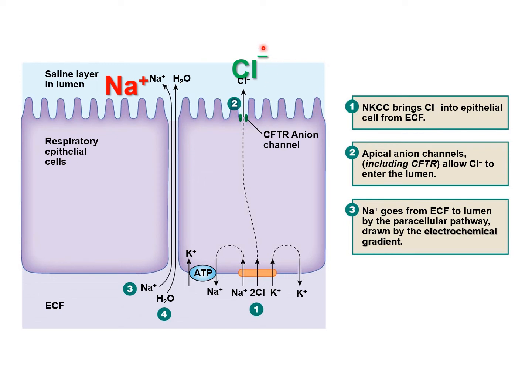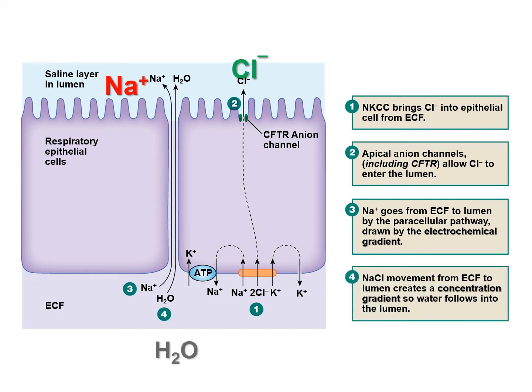And then lastly, this buildup of ions on the surface creates an osmotic gradient, and as these concentrations rise, the water will want to diffuse again outside of the cells paracellularly, and that's how we bring water to the surface, through this indirect mechanism. And if we can't move chloride, we can't move sodium, and we can't move water, and that leads to a very, very thick and viscous situation that is life-threatening.